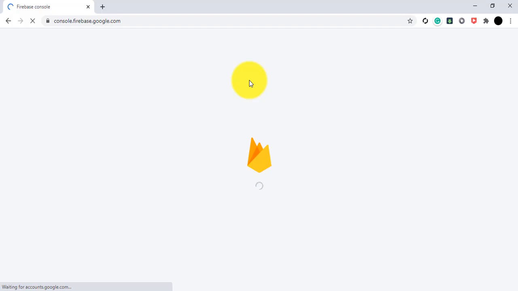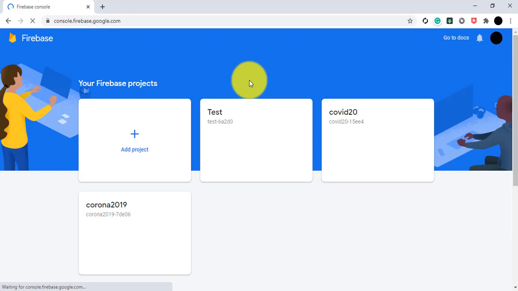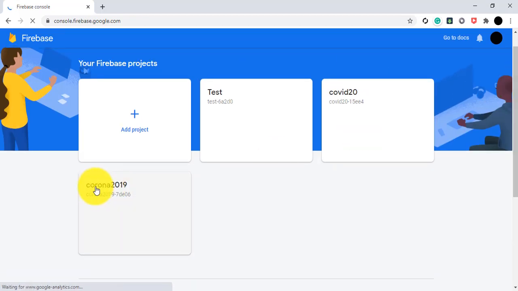Now I refresh the page and you will find the project names. Previously I created Corona 2019 and COVID-20, and recently I created one called test. So you will find your test project name here.